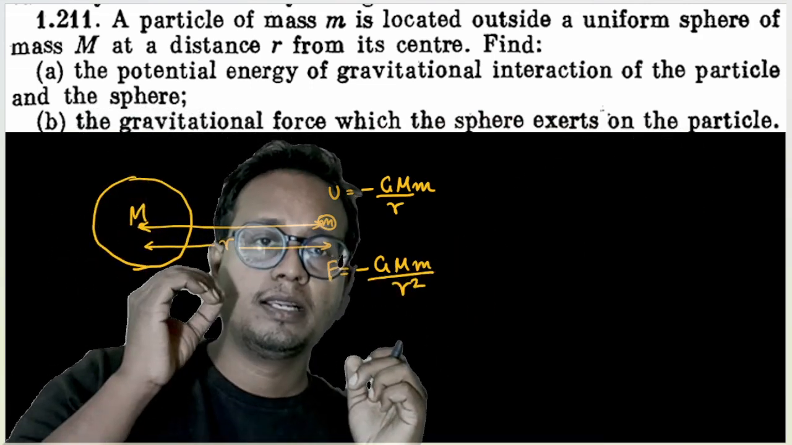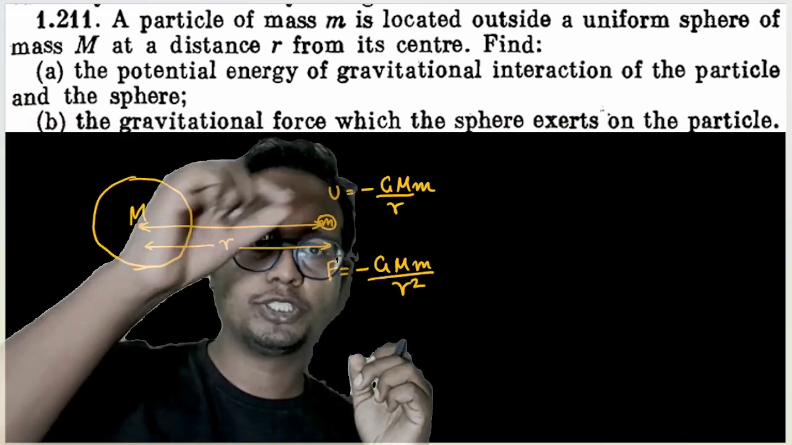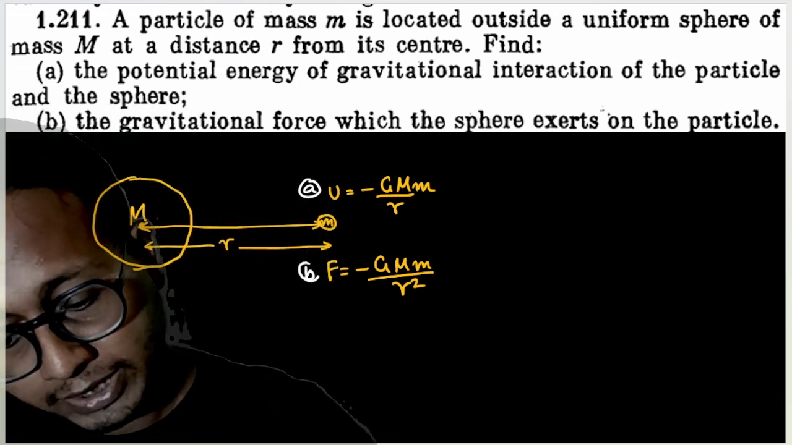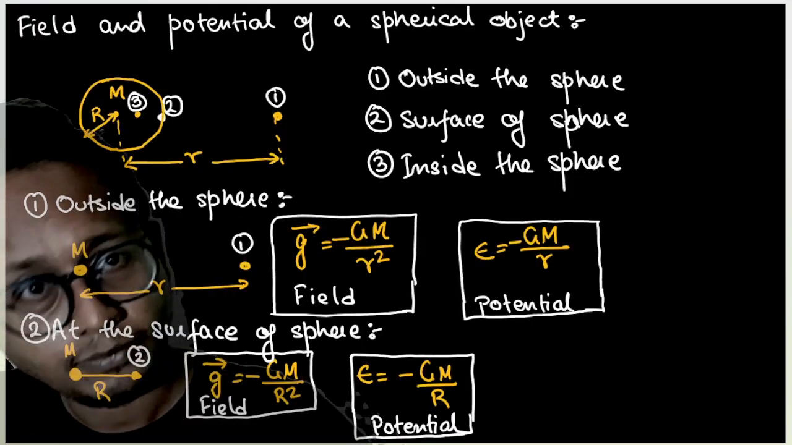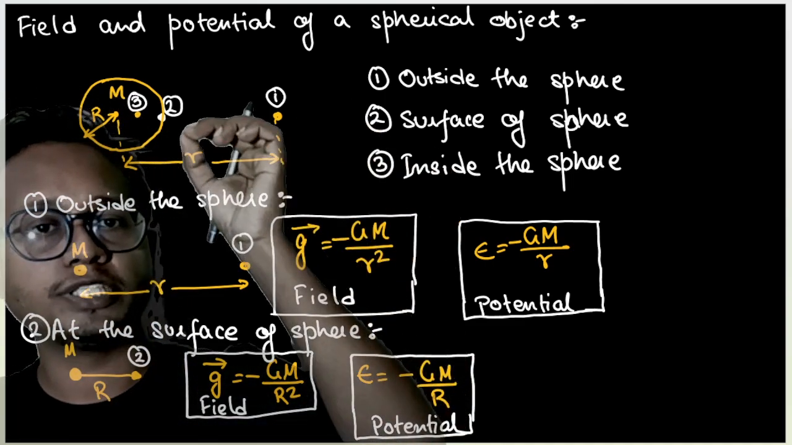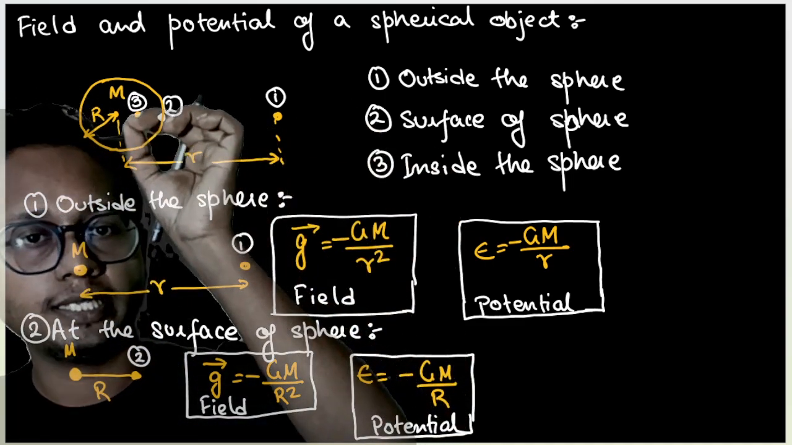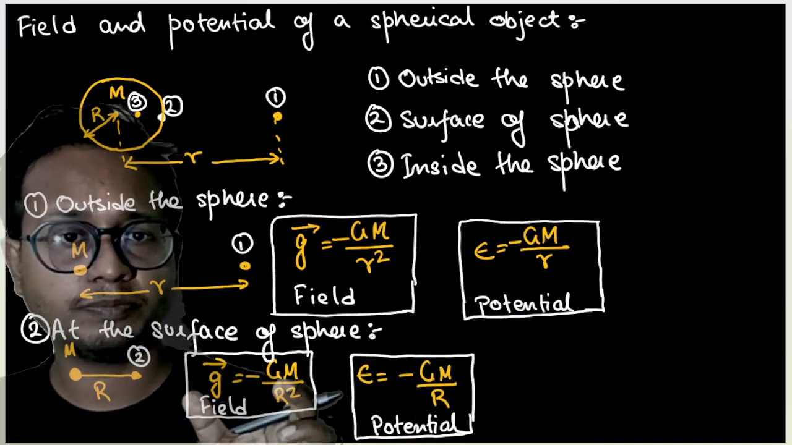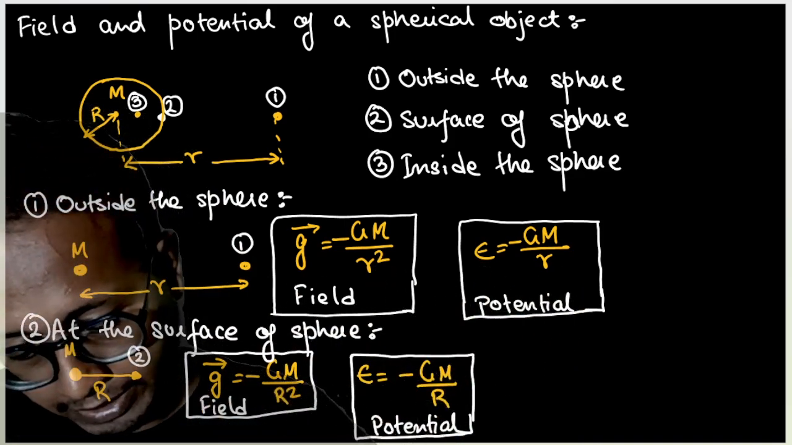Okay. Now I want to see that parts A and B of the question are solved. Now I am going to discuss some more about these three points: field and potential outside the sphere, field and potential at the surface of the sphere, and field and potential inside the sphere. Outside the sphere this and this, at the surface of the sphere this and this, and inside the sphere it is nothing but